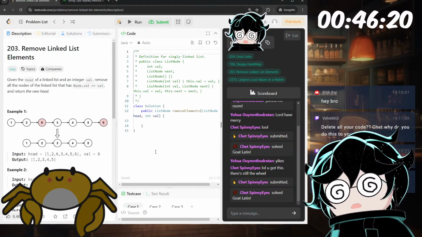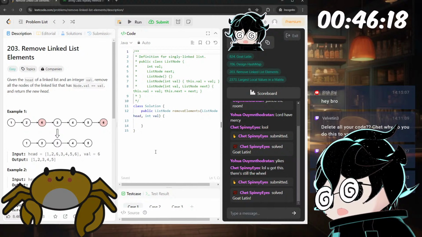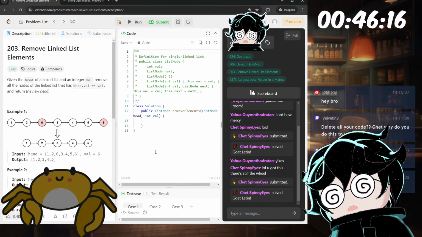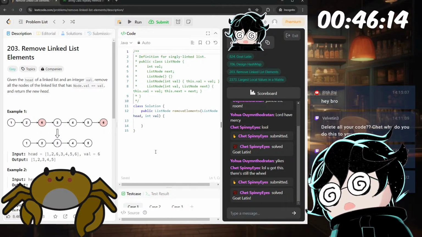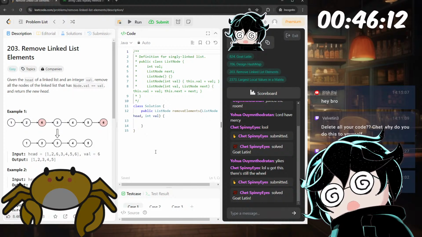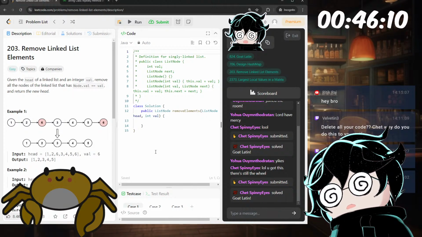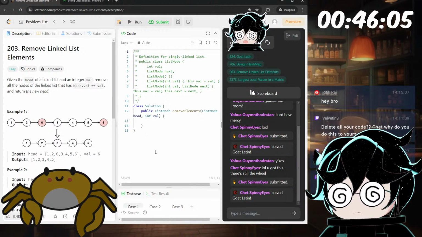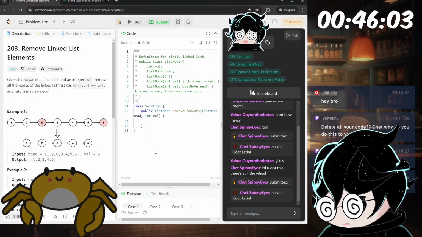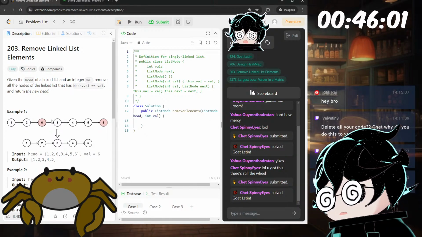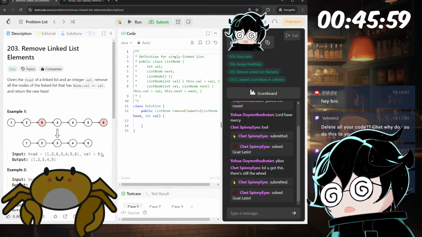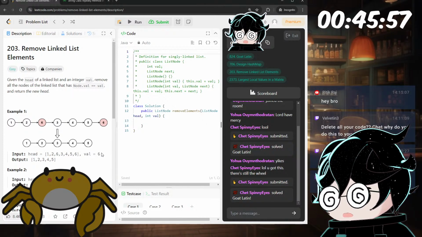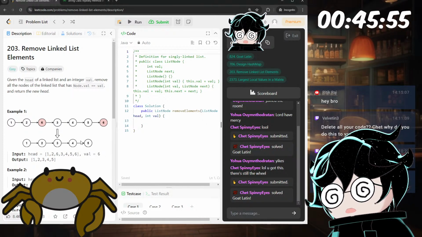Remove linked list elements. Given the head of a linked list and an integer value, remove all the nodes in the linked list that have node.value equals value and return the new head. Example 1, if the value is 6, this is what we return.